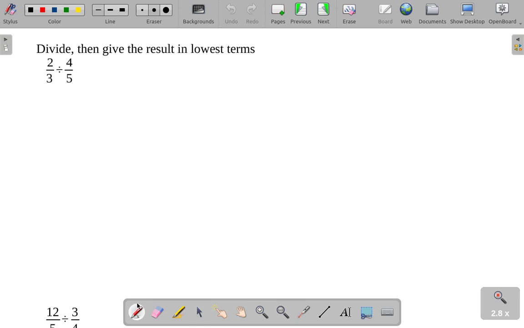Alright, let's look at how we divide fractions. If you haven't already covered it, make sure you go over how to multiply fractions, because we're going to be using that pretty heavily here. But dividing fractions, what we're going to do is take whatever number we're dividing by and take the reciprocal of that. That is, we're going to flip that fraction upside down, and as we do that, we're going to change this